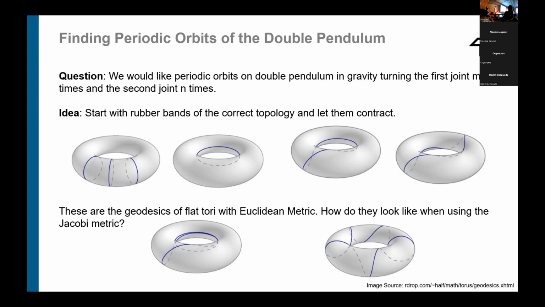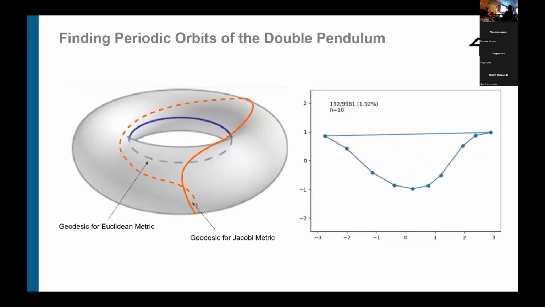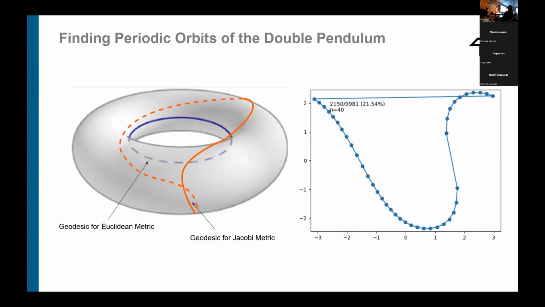But I would like to see how they look when you take the Jacobi metric, right? So then we find trajectories of mechanical systems. And the idea is now to start with Euclidean geodesics on tori and let them converge to geodesics for the Jacobi metric. And here's one of those. So this is an animation of how the rubber string converges. It's now displayed